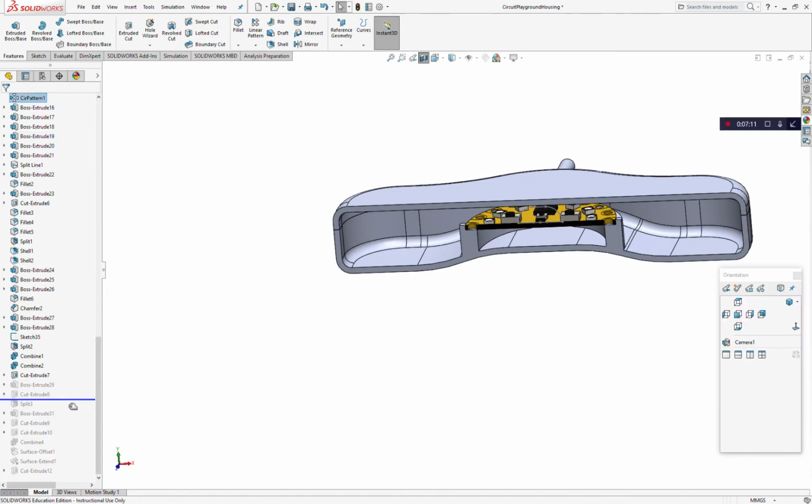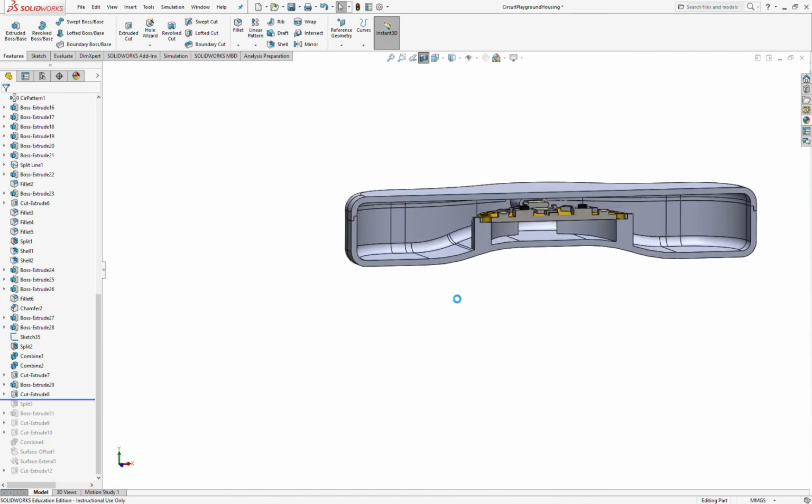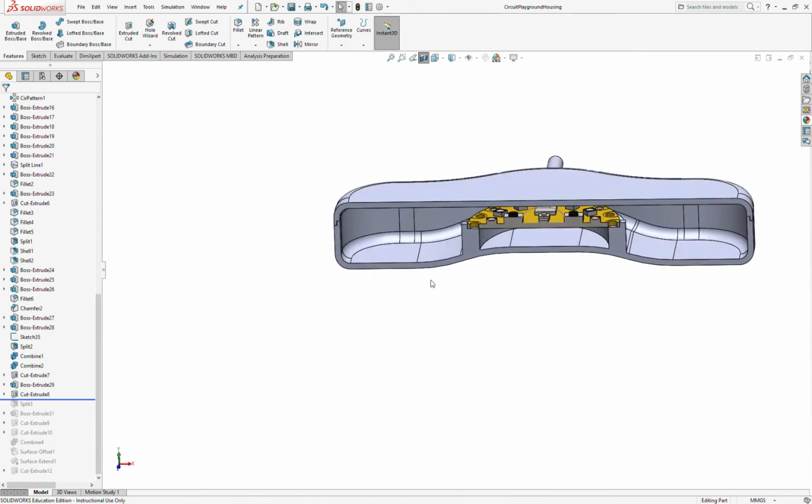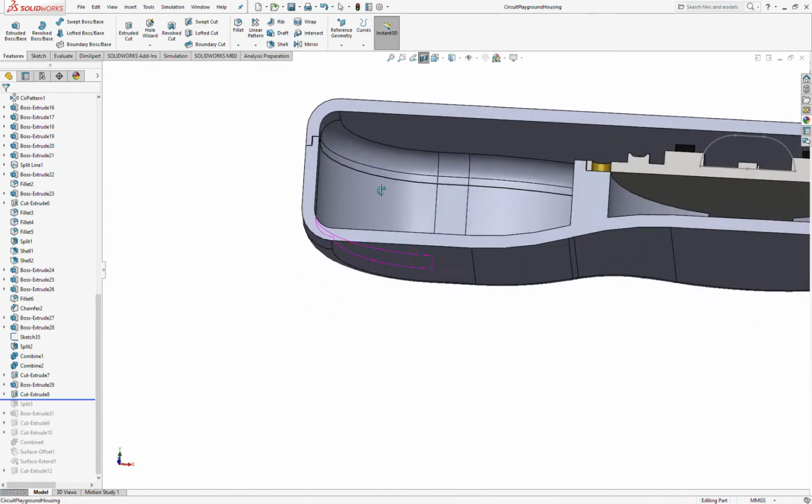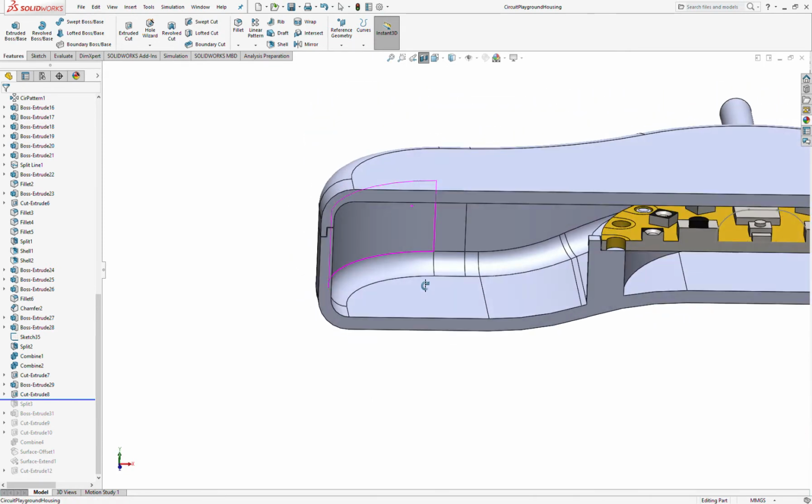Where did we do something silly? There we go. That's the bottom split. So, all right. So now we're back to just two halves. Yay, everything looks good. So now what we're going to do is add some ways of getting screws